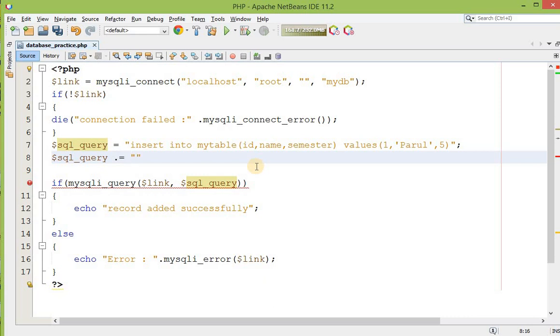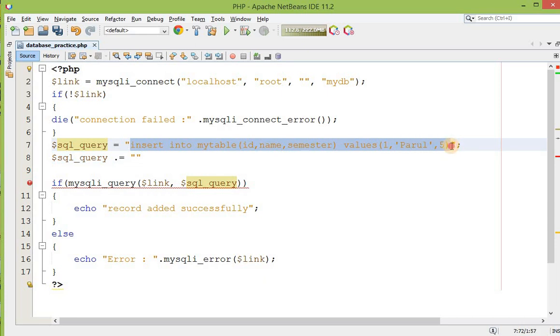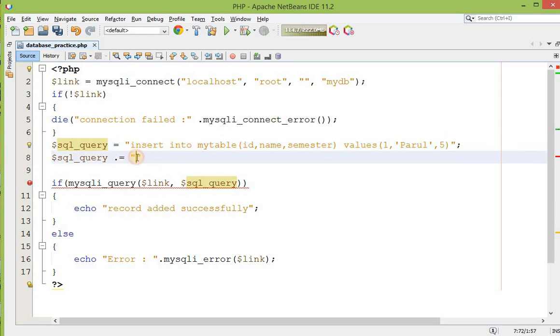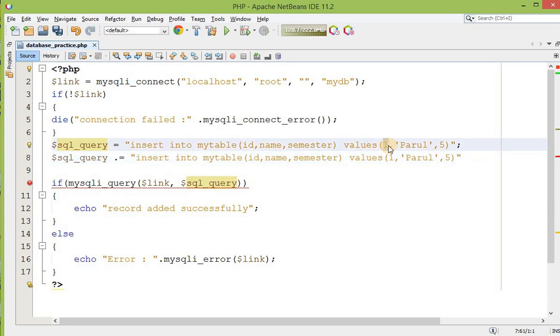Now inside this I am going to copy paste this. I have already added this record and ID is my primary key, that's why it will not accept duplicate values of ID. Let me put, let's say, XYZ and this is ABC. Semester is as it is.